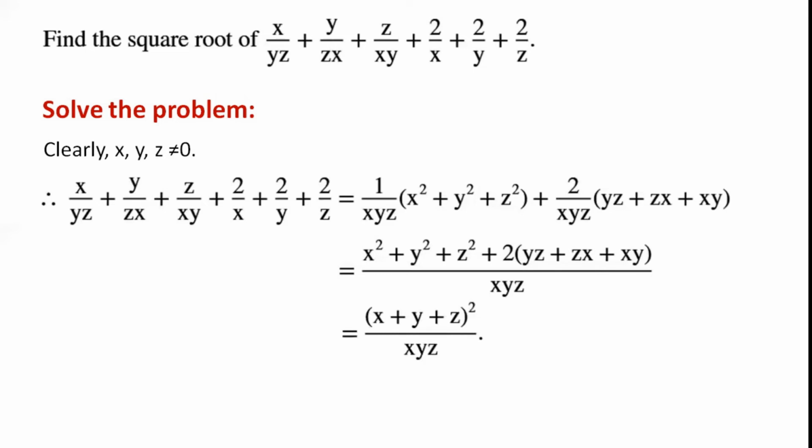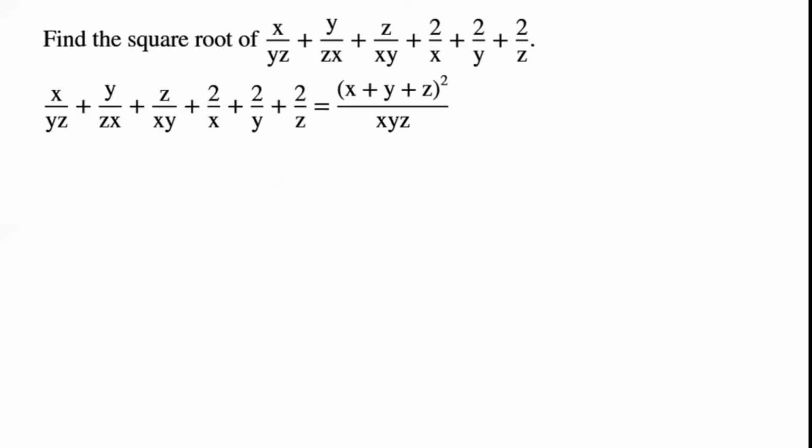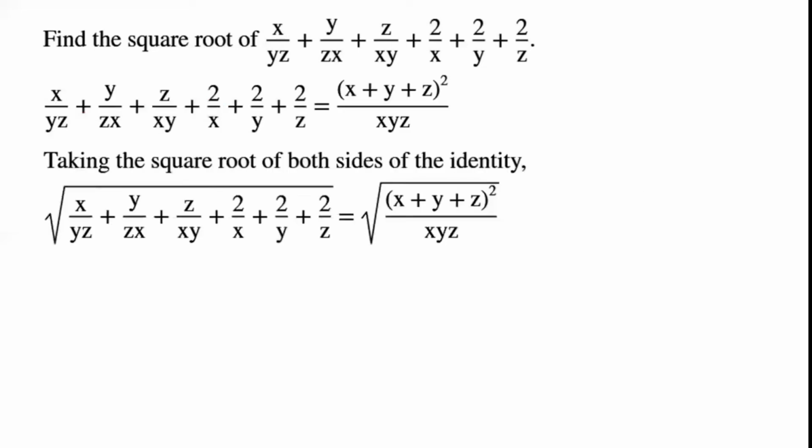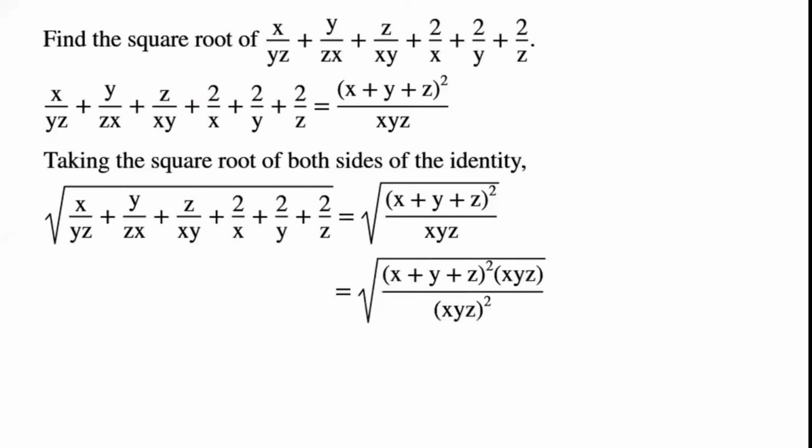The numerator can be simplified and can be written as the sum of x, y, z all squared. Taking the square root of both sides of the identity, the right-hand side can be written as root of x plus y plus z all squared, times xyz over